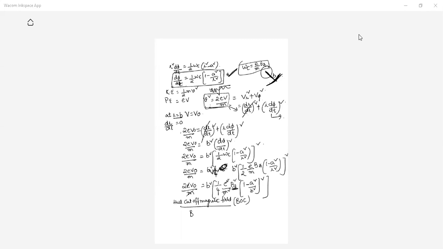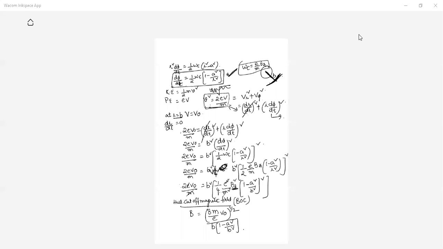And after doing all the simplification, what is the thing you are going to get? Here you are going to get 8, m will come, e will go down, V0 is there. So the remaining expression we can write like this. So what is the expression? 8m by eV0 under root it will come, because I need a Bz, by b into, because these are squares are there, (1 − a²/b²). This is the expression of Hull cutoff.